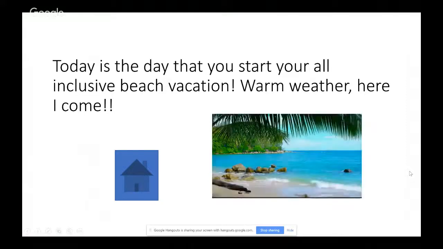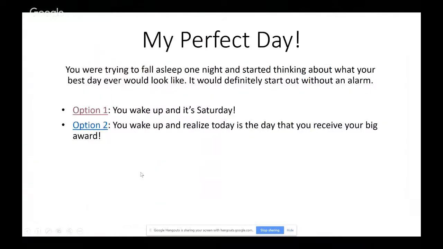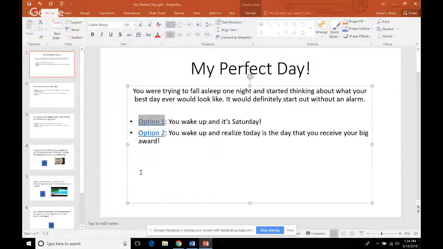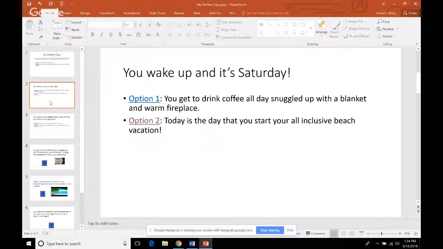Just something kind of fun because it's your perfect day and you chose your all-inclusive beach vacation. This is kind of your nice little view. And you can see in this slide, I put in that link, that action button, right back to the home page. Okay. So now to put in that option